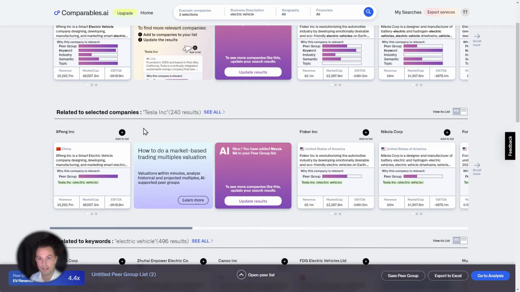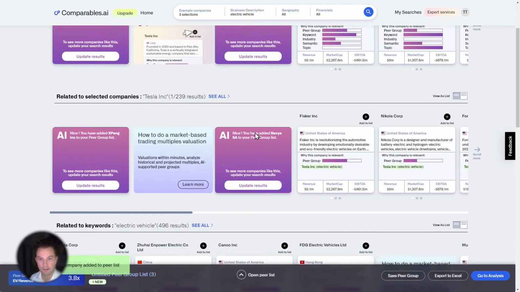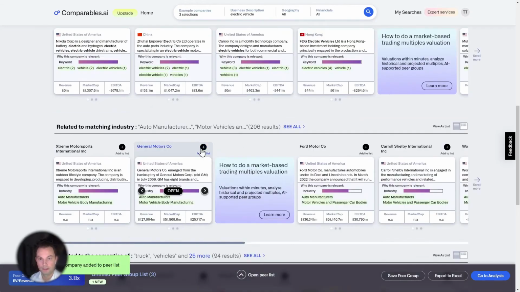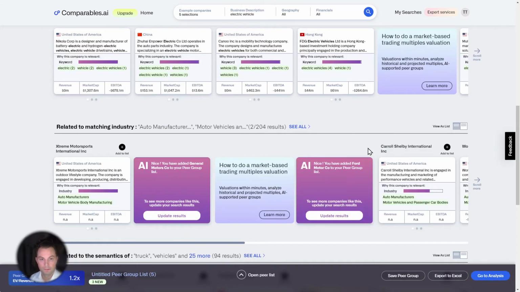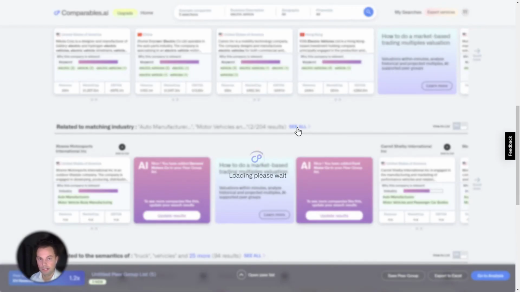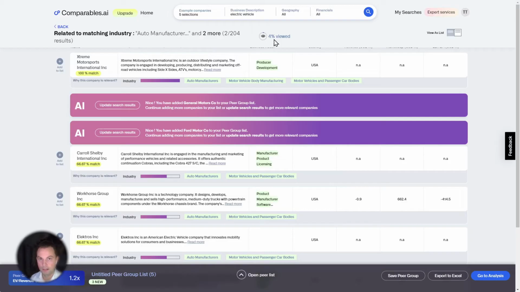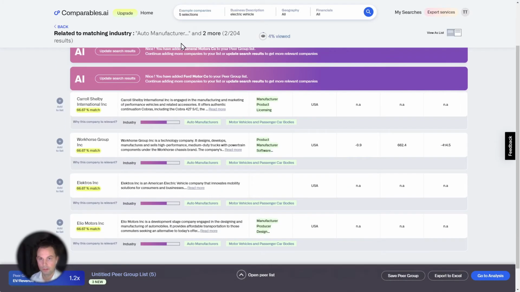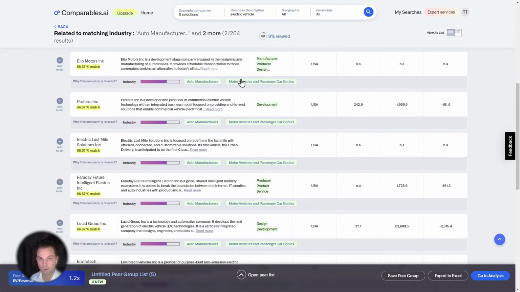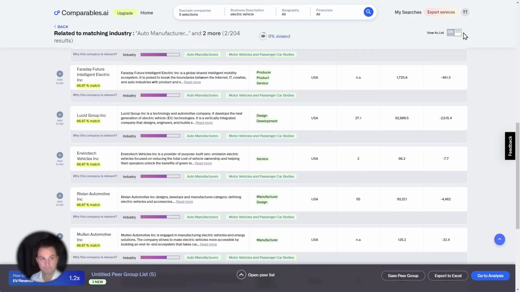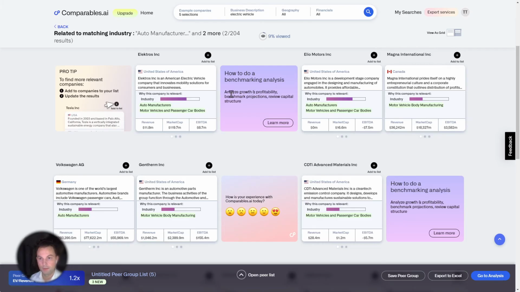So now let's go ahead and pick some companies that we think are relevant to our analysis. If you want, you can dig deeper into any of the categories by clicking the See All button. It'll then show you all the companies in that category in a list view or a card view. And now you can see some of these help cards here giving you some tips on what to do with